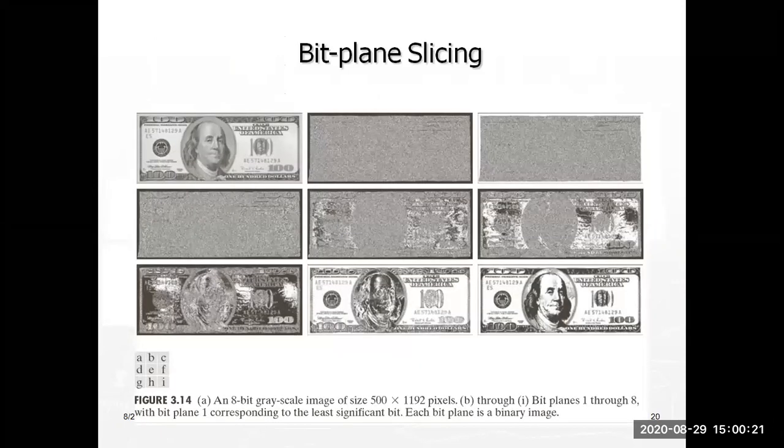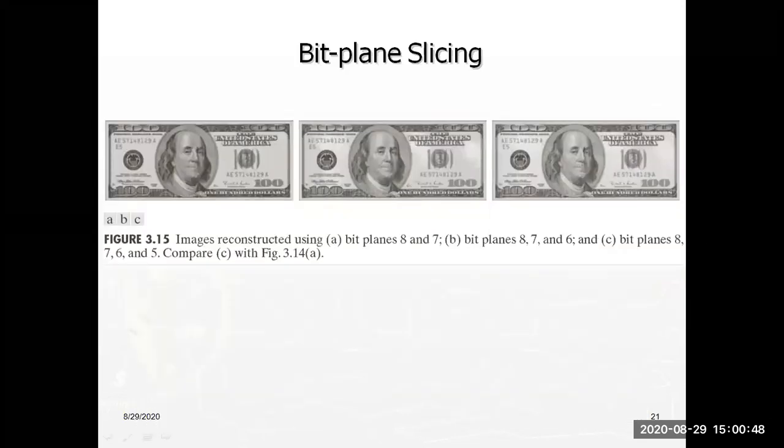By using bit plane slicing, just by changing the bits of your pixel values, the images will change like this. Image 1, 2, 3, 4, 5, 6, 7, 8. By changing the 8 planes, the corresponding images are obtained. Then comes the reconstruction. After applying bit plane slicing, if you want to reconstruct using different planes, that means 8 and 7, then 8, 7, and 6, then 8, 7, 6, and 5, the images are available like this. Now compare this last image with the previous one.